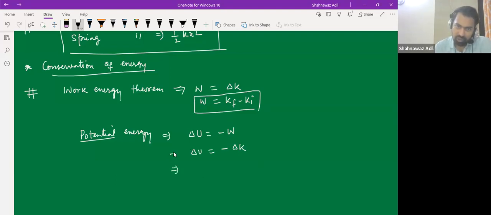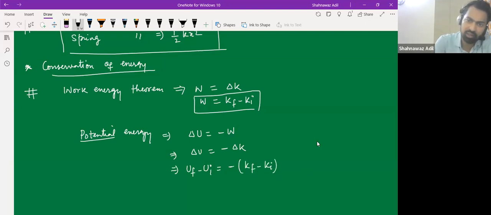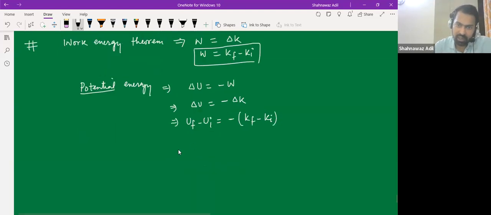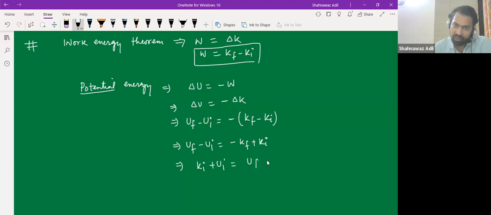So U final minus U initial is minus of K final minus K initial. So we can write this as U final minus U initial equals minus K final plus K initial, correct? So we can take it to this side and this to that side. So K initial plus U initial would be U final plus K final,